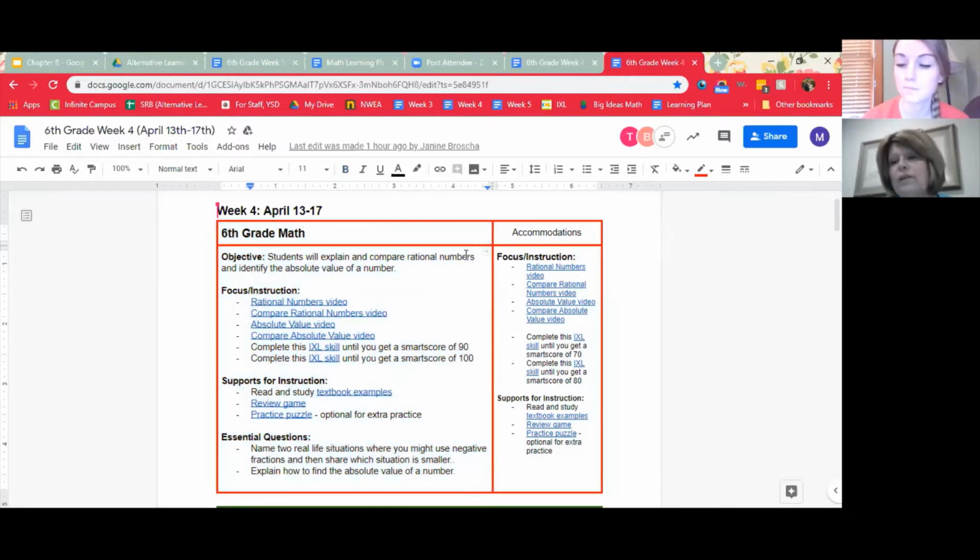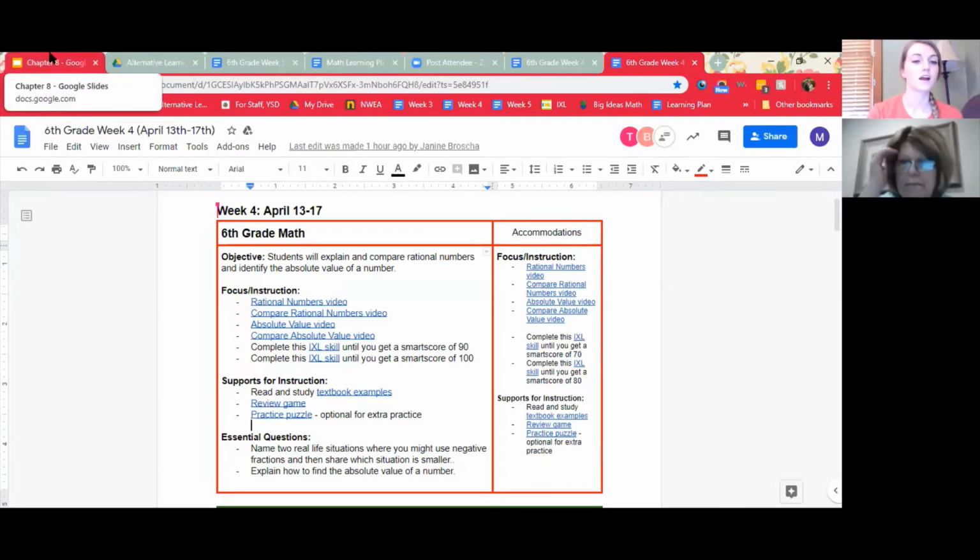We don't want you to do both. Double the work. I mean, you can, it's not going to hurt you, but we know you have other obligations in ELA and science and social studies. So that's what we're requiring of you. Yeah, we don't want you to do both. That's a good point. Okay. Anything else on that, Mrs. K? No, I think that sounds good. I think they can understand that.